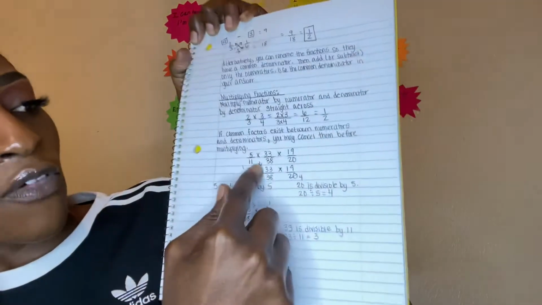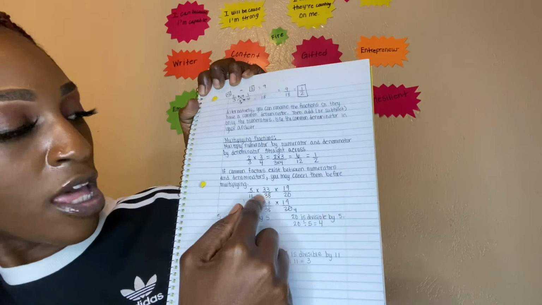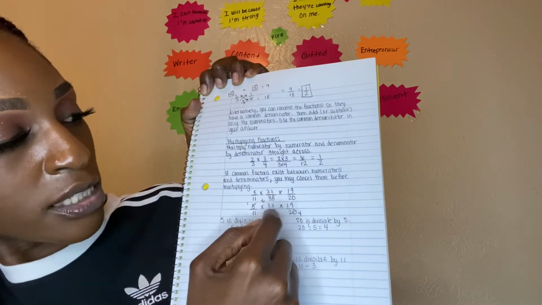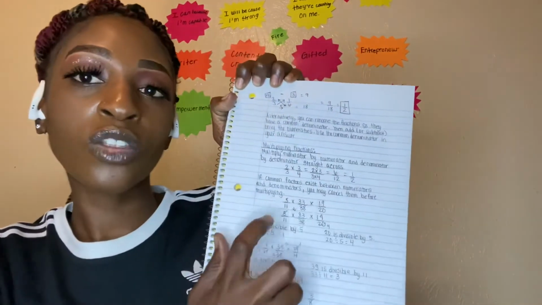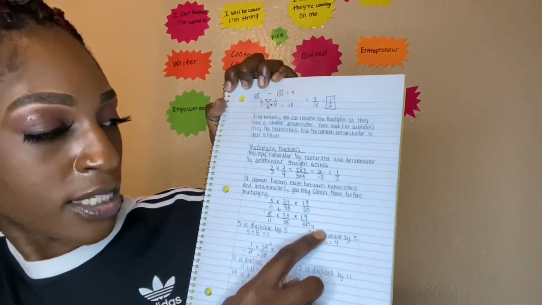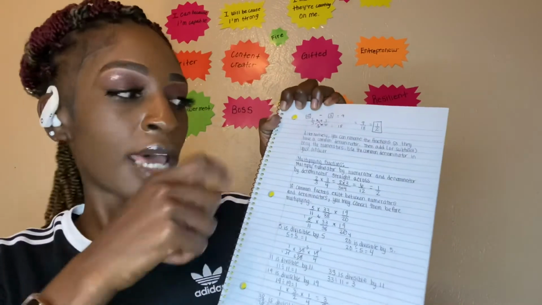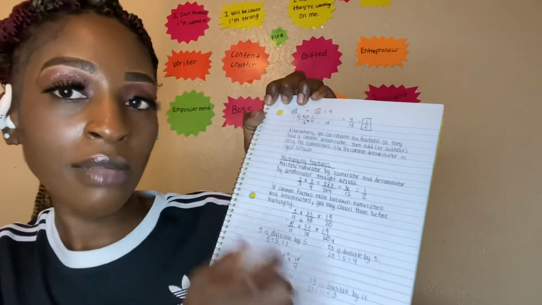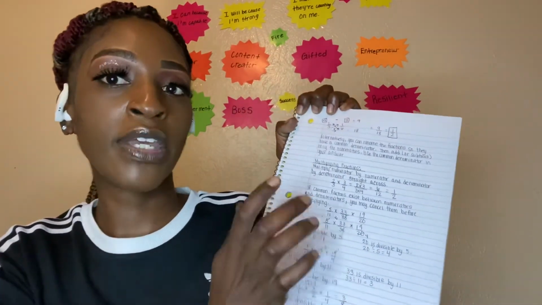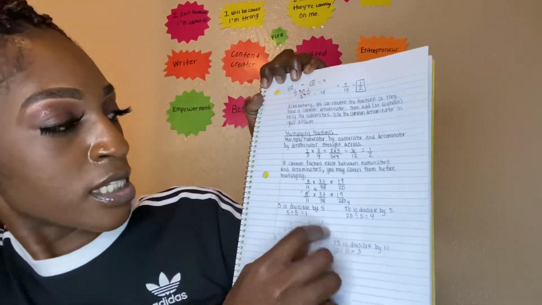So say we got right here, we got 5/11s, we got 33/38, and then we have 19/20. This one has 3. And the reason why I added 3 is so you guys can kind of get a clear understanding of when you're cross multiplying and when you're just canceling numbers out. Because sometimes you can just go ahead and reduce before you even get to that step. Okay, so we have